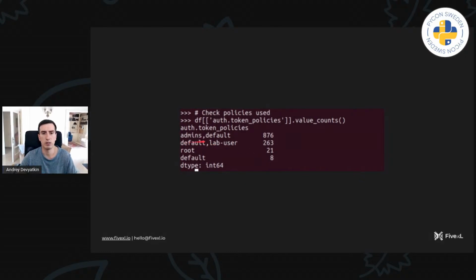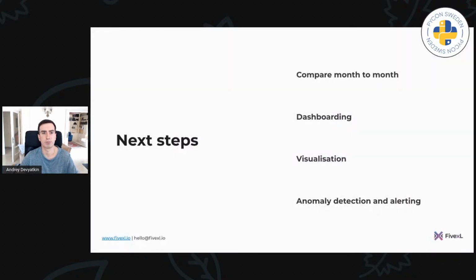And then we see that there is a lab user being used and there is an admin role, and everywhere default also being used. So we usually recommend just drop default, because it might have some umbrella policies in there. So there is something to learn even from such small snippet of information, maybe advice to people who run that particular Vault instance. So next steps,